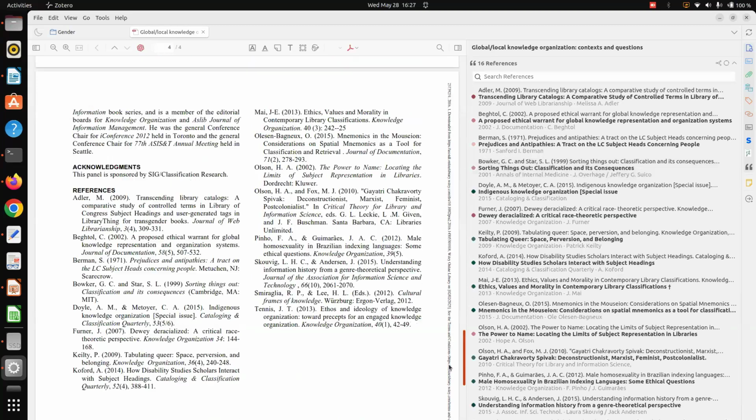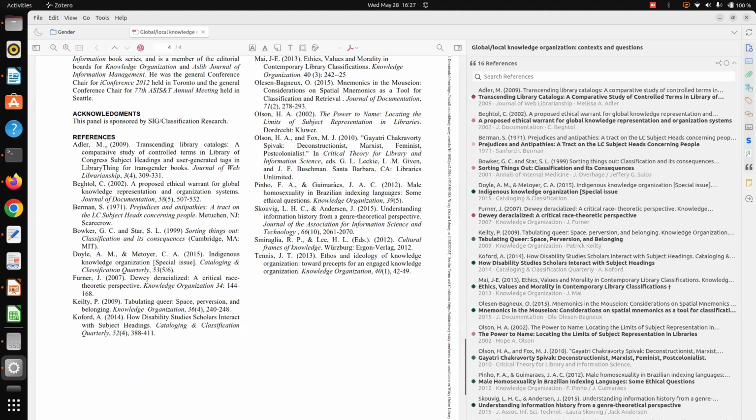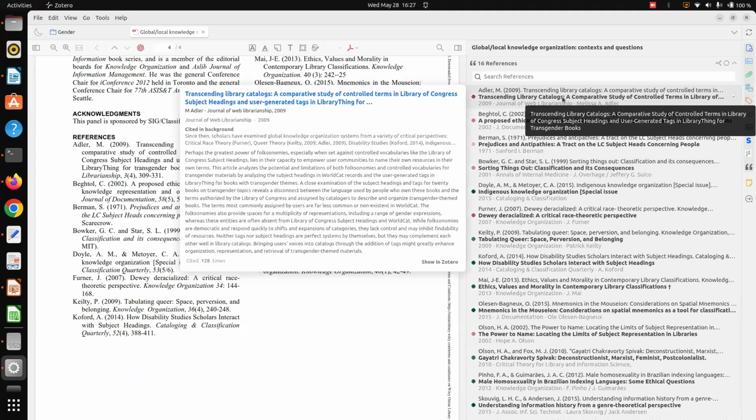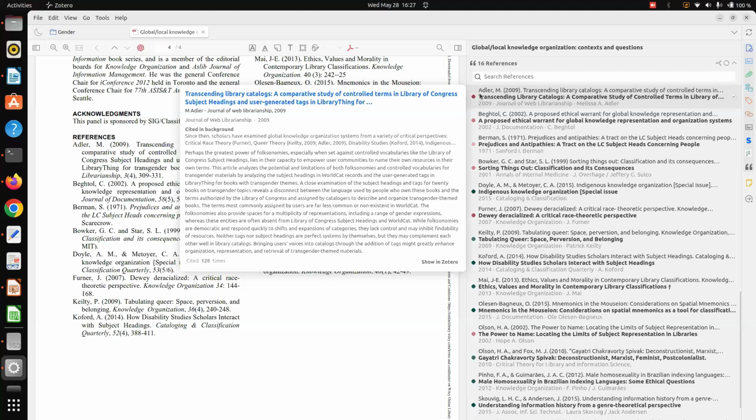Let me show you. So the first reference is Adler Mailer. And the moment I click on this particular paper, it is actually giving me the abstract of this particular paper. And if I think, okay, by reading this abstract, this particular paper is worth including in my collection, I can simply do that. It shows "show in Zotero," that means I already have it in my collection. So that's why it is saying show in Zotero. If this paper is not in my collection, then I can add it.